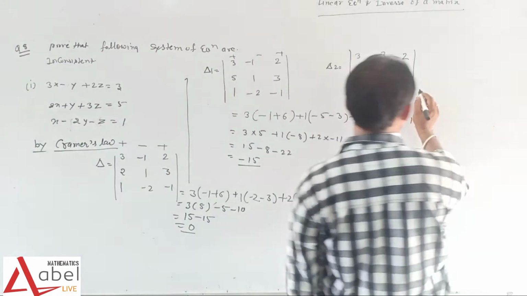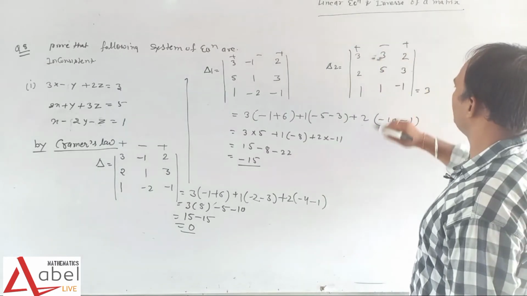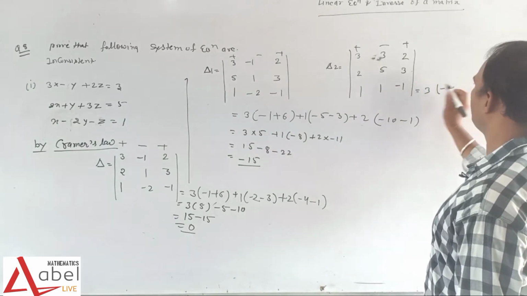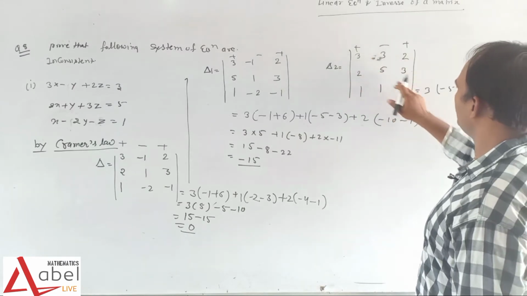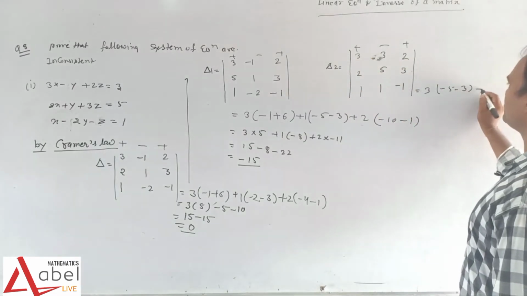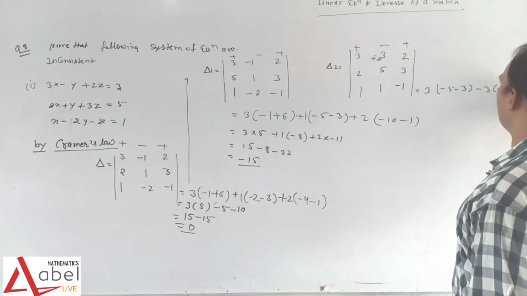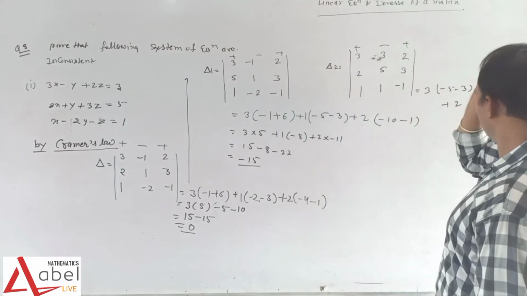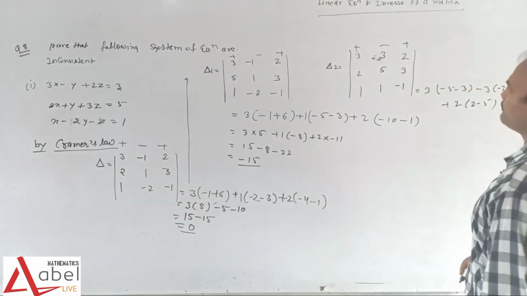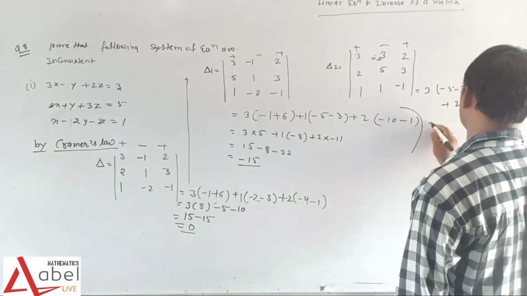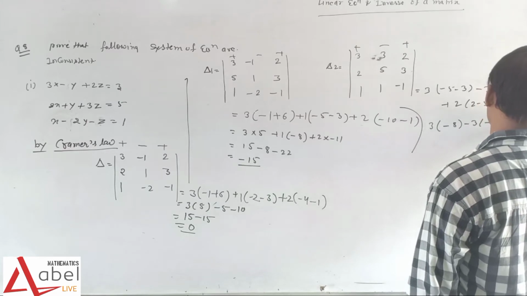Okay, so what about here? It is plus, minus, plus. It is 3, and it is minus 5. This multiplied by this. When we are going to find with this, we have to remove this row and this column. So it is minus 5 and minus 3. What about here? It is minus 2, minus 3. And what about here? It is 2, and when we find with respect to 2, it is 2 minus 5. So it is 3, minus 8, minus 3, minus 5, 2, and minus 3.